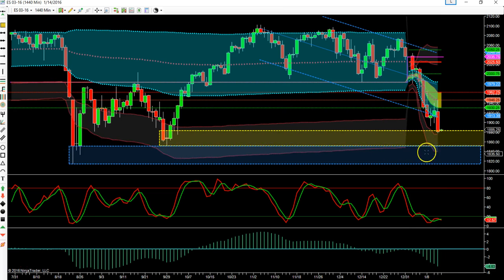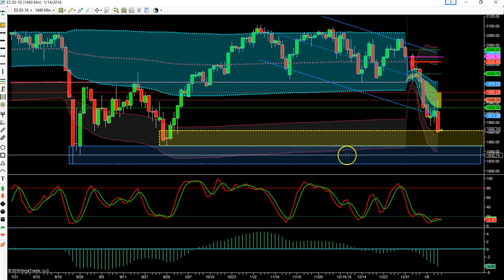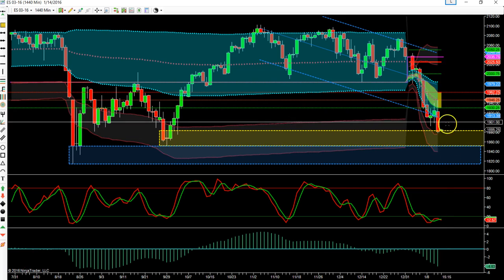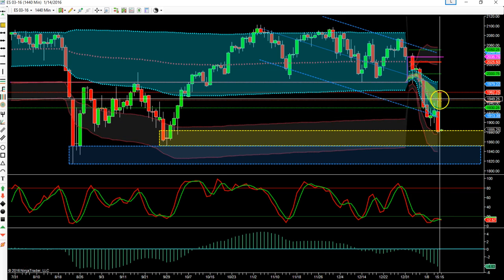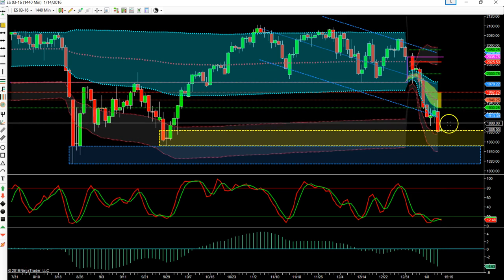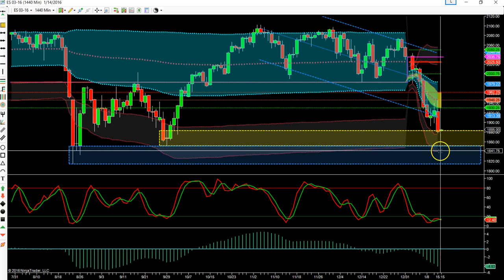Now that we're hitting the bottom of the range of our support, I would be watching for an up close. This is going to be very difficult to get all the way back up through today because it was such a long range expansion. That's why I'm really looking for more of a continuation for the remainder of this week,